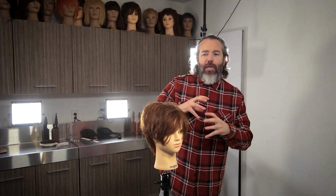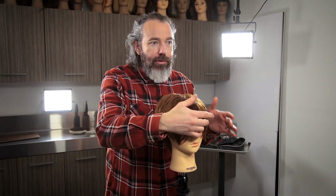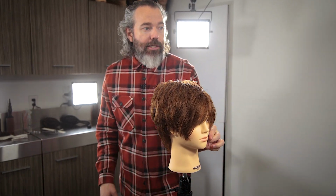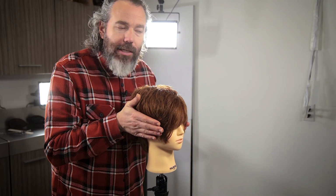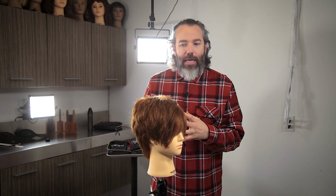So as you can start to see, I'm not really trying to perfect the blow drying, right? Because I'm still gonna go in and remove a little bit of weight, but you can actually see how some of this really cool texture and some of this disconnection, slightly, right here in this front area, because this overhangs over top of those shorter sides. By compressing some of those shorter sides in there, you can see how it makes it lean and modern. Because you could actually see how if we didn't remove that weight, it could take us